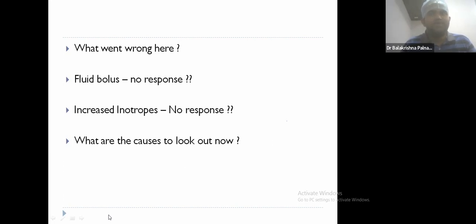So 2-3 people have pointed out it can be obstructive, very good. So it can be pneumothorax, ruled out. So PEEP is not the answer. So any other causes? So somebody told me it could be abdominal compartment syndrome. So why? Because